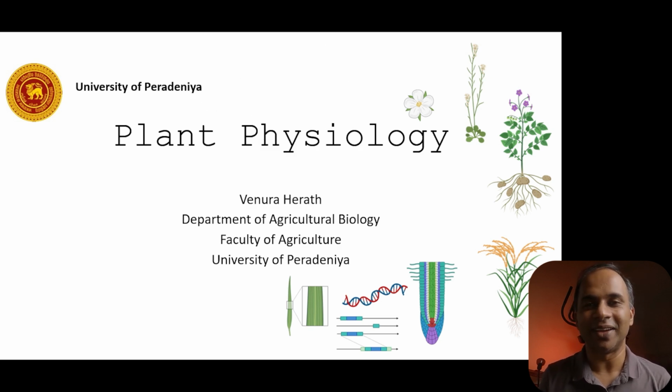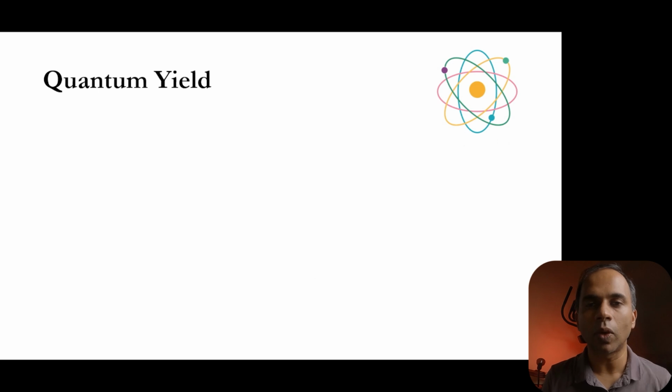So moving forward, I'm going to talk about one concept before we move into the second stage, because I think it is very important for us to learn about this very unique and important characteristic. This is what we call quantum yield. I think you might have heard this term before, probably during your A levels, but anyway, I'm going to revisit and introduce you to this concept of quantum yield.